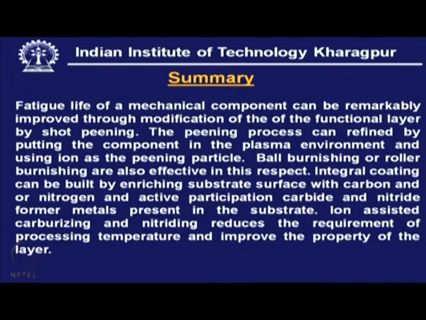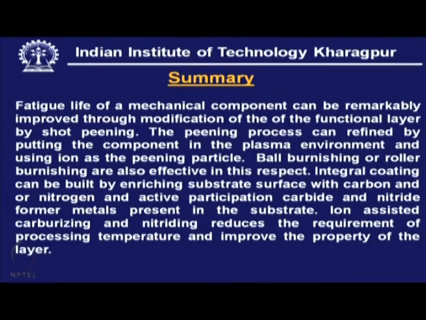Now, this peening process can be refined by use of argon inside a plasma environment, and it is very closely controlled. So naturally, layering within a few microns can also be possible. Ball burnishing or roller burnishing are quite effective, and these are used in mass production. This can be used in mass scale production of mechanical components, and